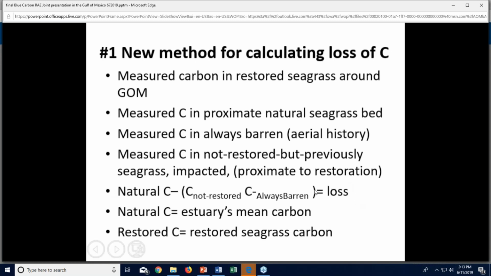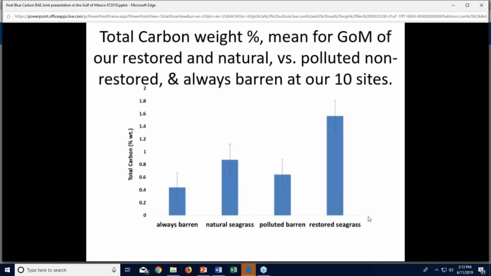So we have loss and we have the number of years that included. And here's one of our sets of measurements. This is the restored seagrass, which we were very surprised was much more effulgent in carbon than the natural seagrass. We would have thought the natural seagrass was much more. But no, in many places, the restored seagrass was